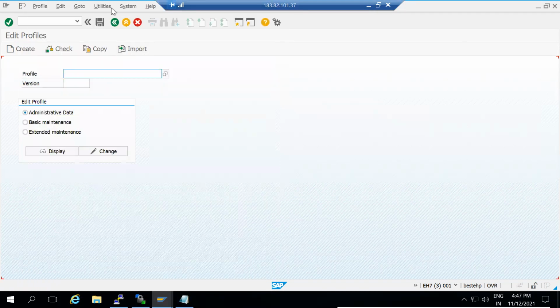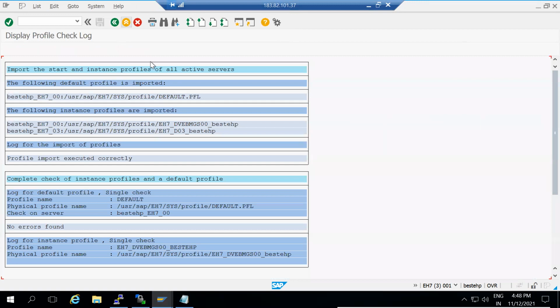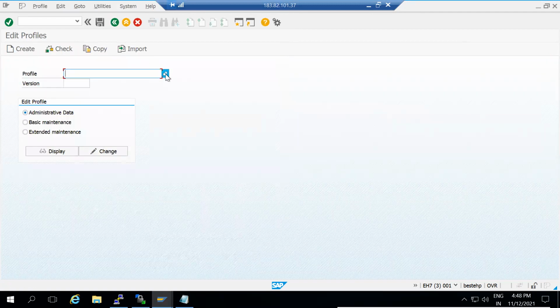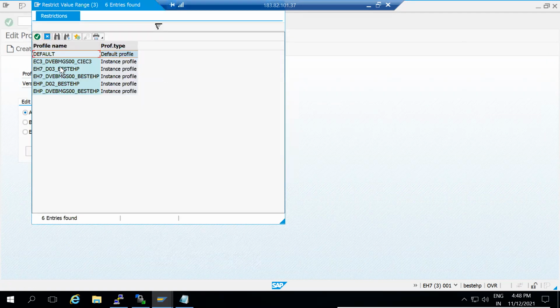So what you need to do: utilities, input profile of active server. Because the SID has been changed, those SIDs were not showing here.